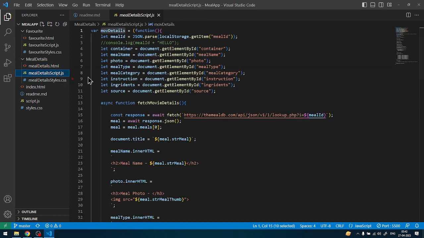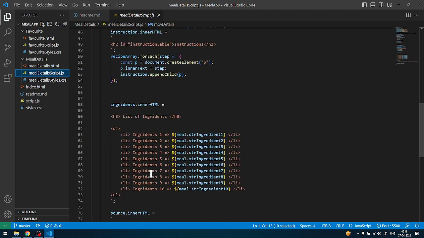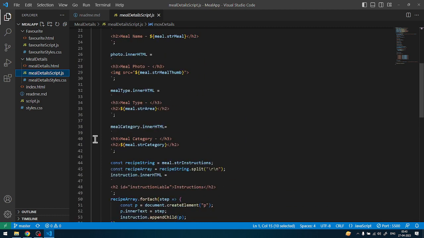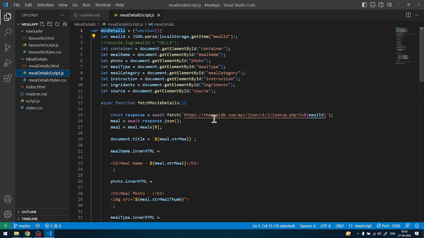In the script file we are fetching the meal ID on which the mouse was clicked to show the details. And after fetching the meal ID, we are calling the fetch meal details function in the HTML file, as the IIFE module has been implemented. In the function fetch meal details, we are fetching the meal details using the ID, using the